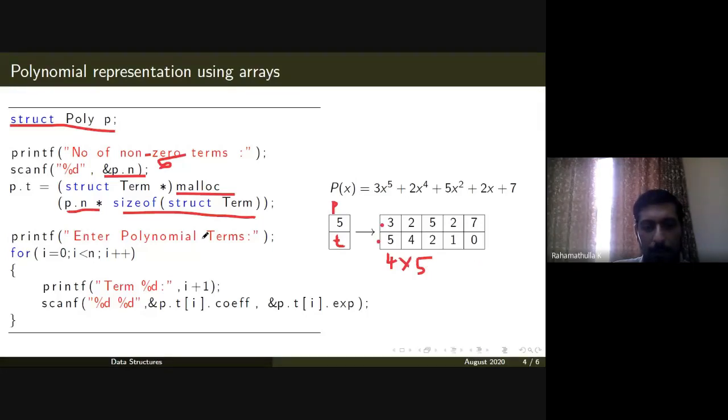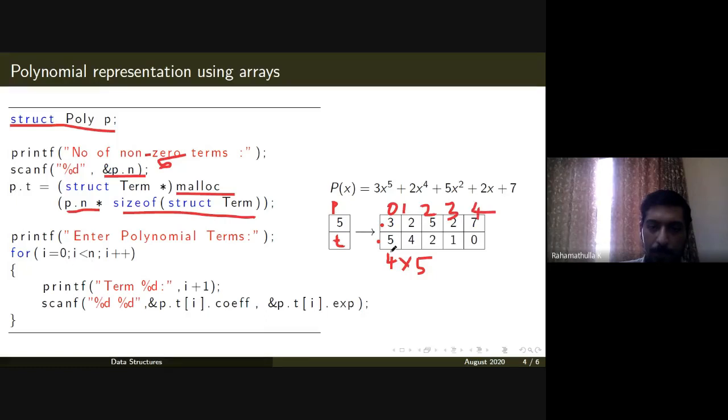Then you can read polynomial terms one by one. This is accessed as ampersand p dot t of i dot coefficient, and ampersand p dot t of i dot exponent. So p dot t of i means this is index 0, this is index 1, this is index 2, this is index 3, and this is index 4.